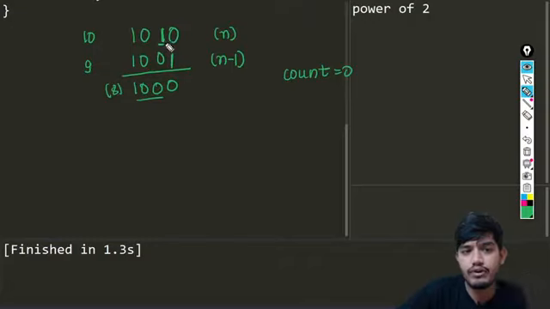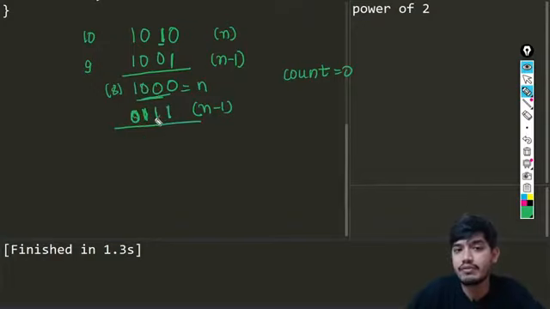So you can see we have already removed one bit when we did this operation. Again I am going to be doing this. This is my n now, so I'll be updating it. Before, n was this one, now I update n to this value. I'm again going to be finding n minus 1. The rightmost bit will become 0, and all the values will be 1 here. And I'm again doing the AND operation for them. If I do the AND operation, you can see we will get this bit removed.